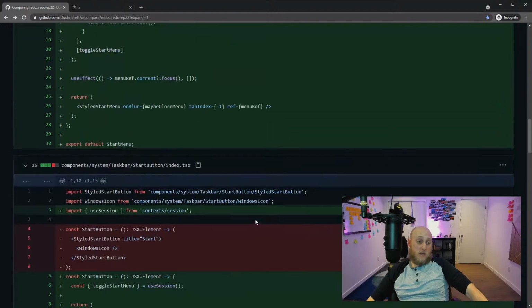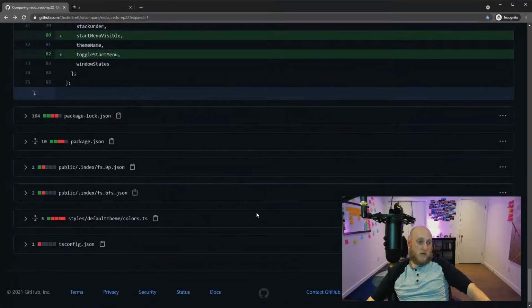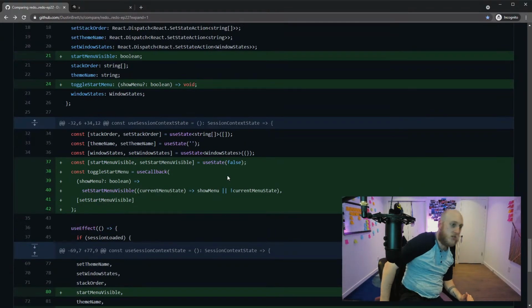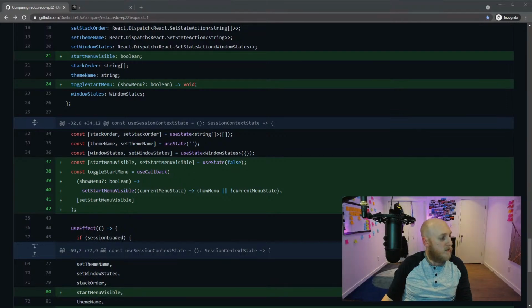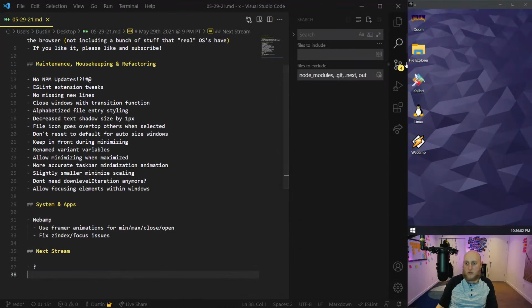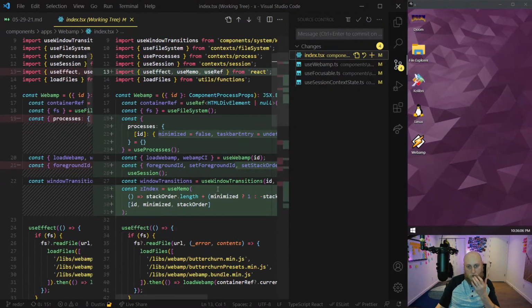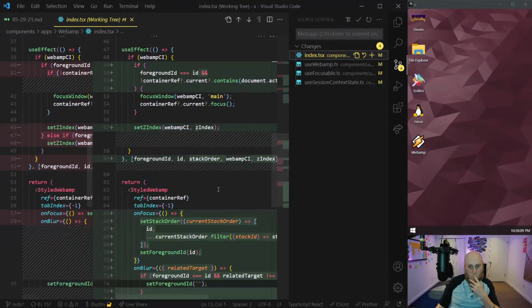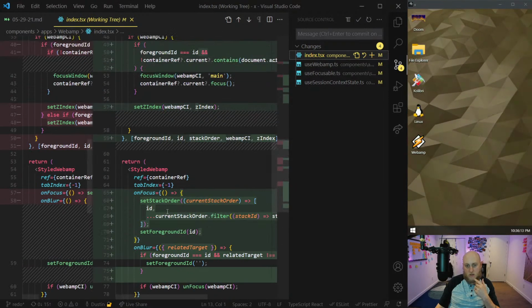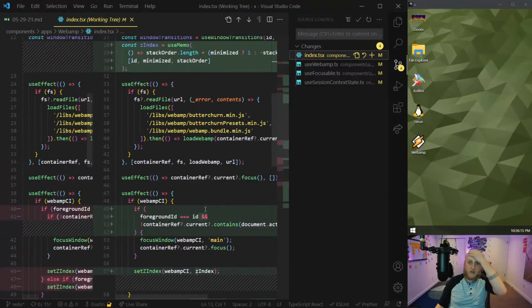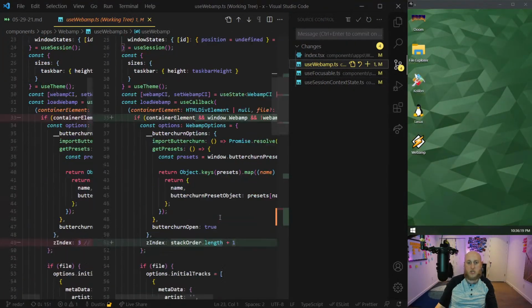So now I think it's time to get into some of the start menu, which shouldn't take too long anyways. I'm gonna adjust my body here. There we go. So let's go back into the code and commit that last Webamp change, where we added the z-index here. Yeah, I mean, we've discussed all the changes. We had to do quite a few. Definitely the way it was handling focus wasn't complete before, but now I think it is. Other than that, this is transitional z-index that we'll fix later.